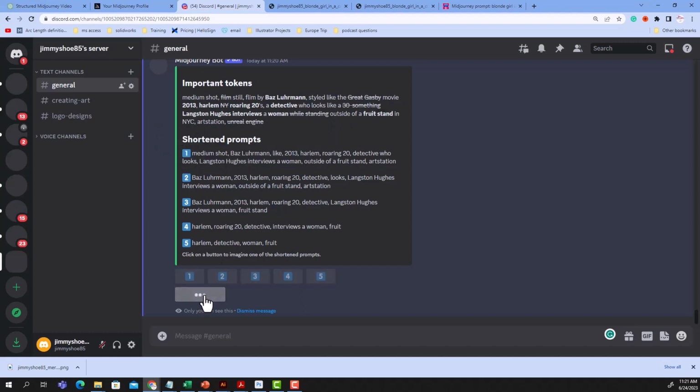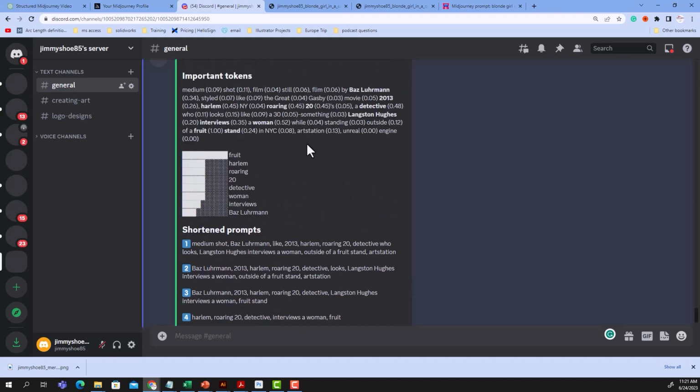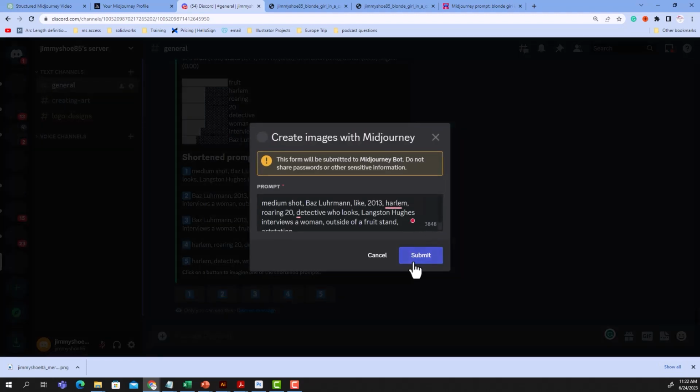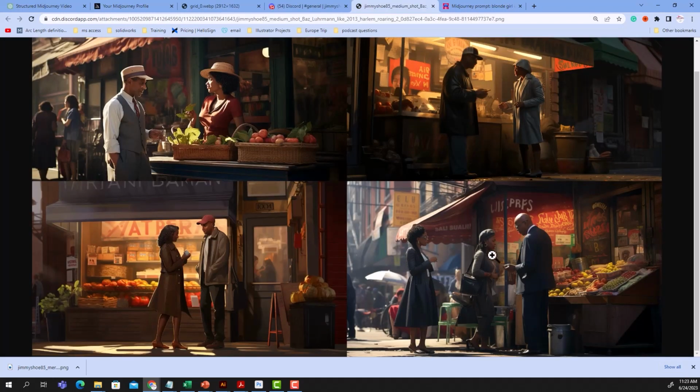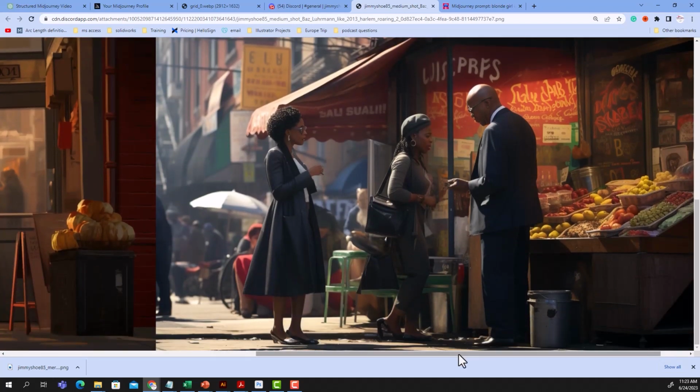Let's take a look at the weight. Now, for some reason, Fruit Stand is weighted more than anything. But what I do kind of like about this Harlem Roaring Twenties Detective Woman interview is that it did get the most important parts of it. So let's take a look and see what happens if I run this prompt. Okay, so I have to admit, I really like this. The only thing,